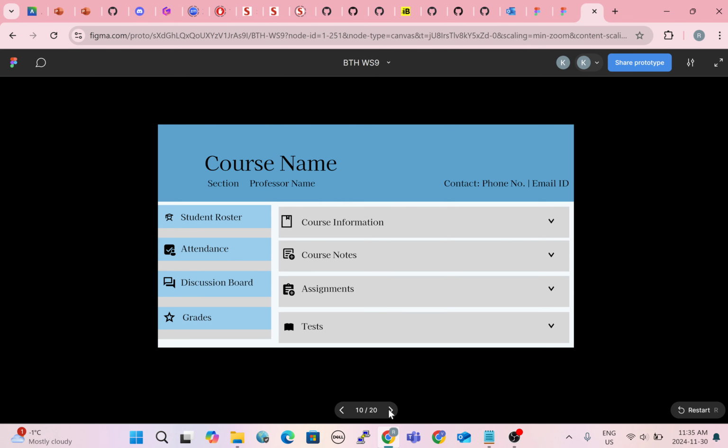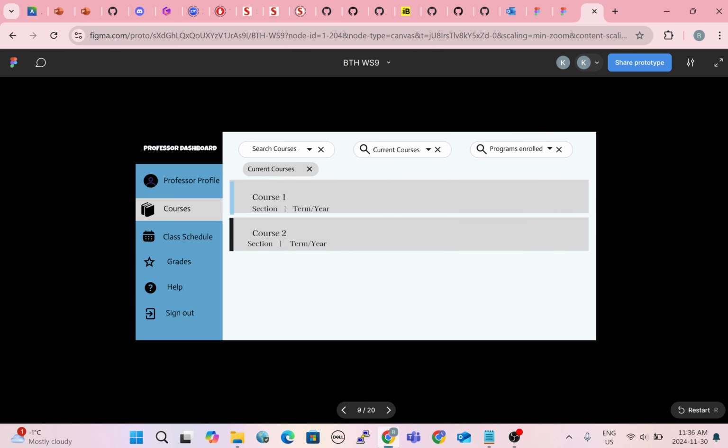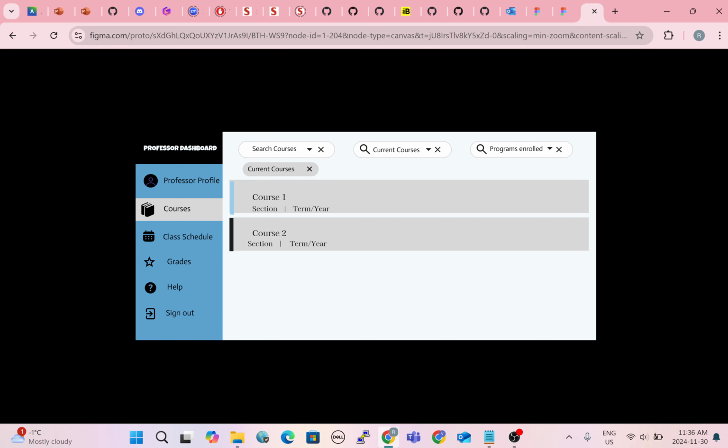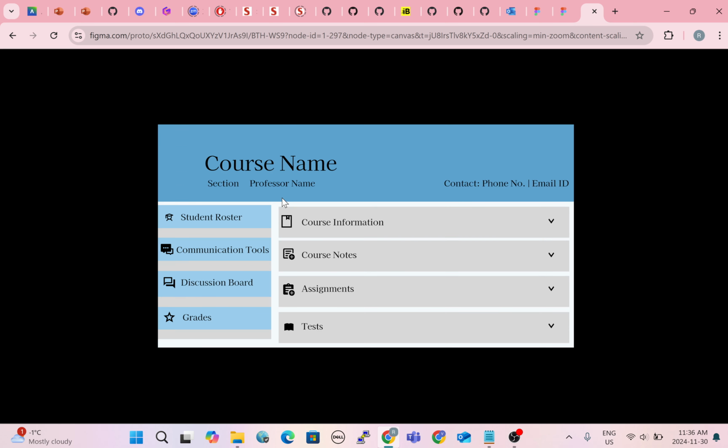Finally, the last user story, the fourth user story, is how can a professor view their student roster, which means how can they view the students' details of the courses that they are teaching. So for example, if a professor wants to know about a particular student or wants to know how many students are taking their course, they can click on any course they want to see, and they'll click on the